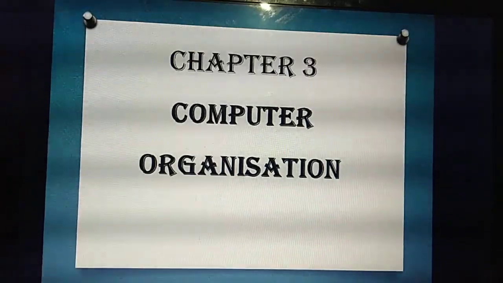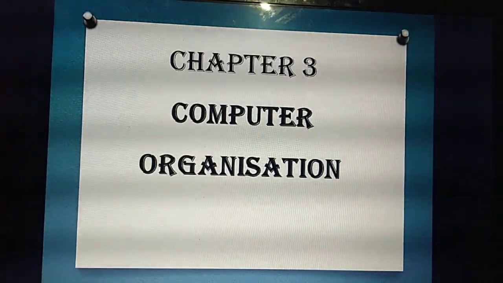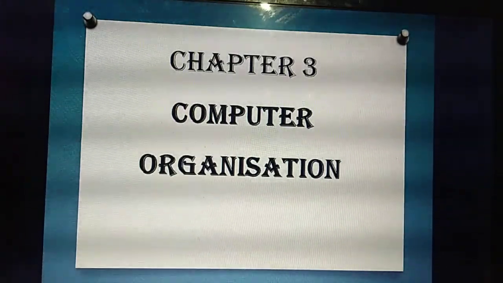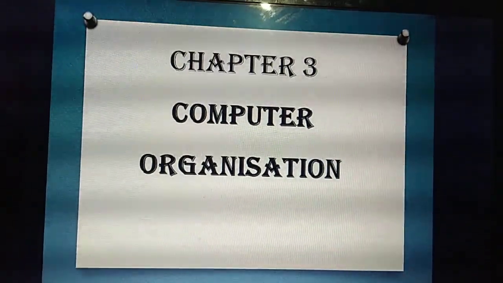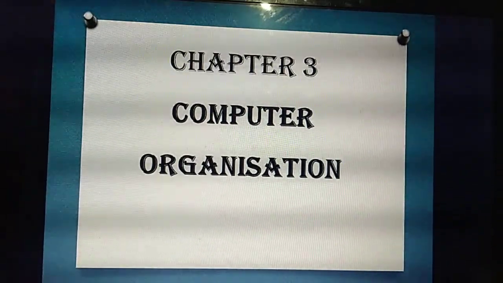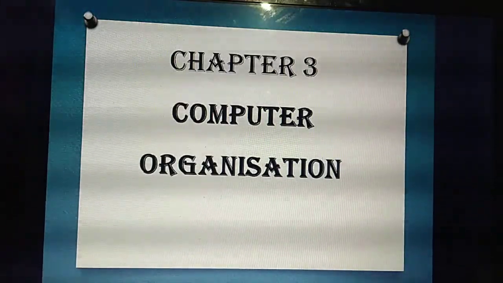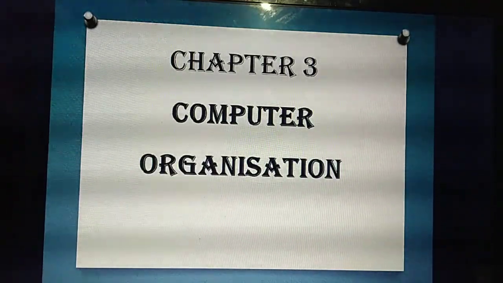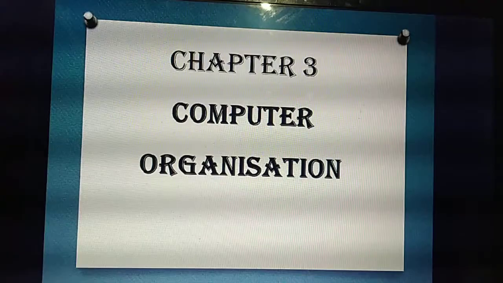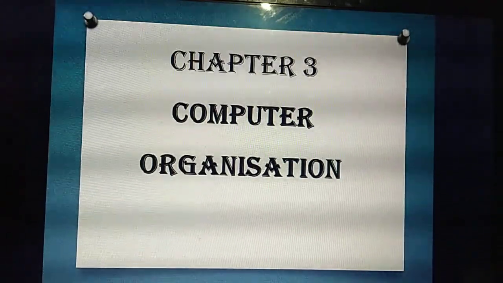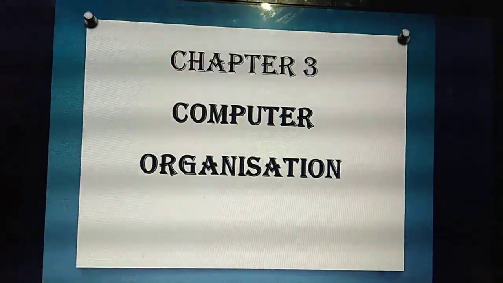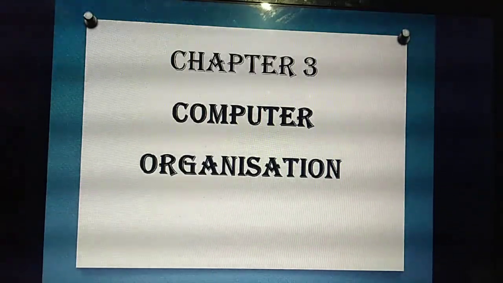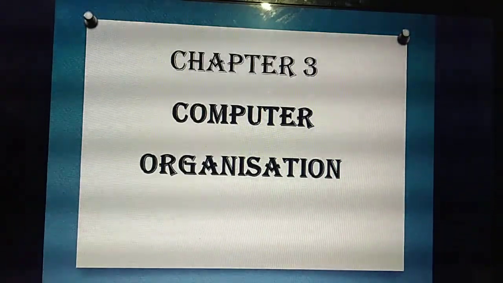Before I start today's portion, I am giving one assignment or homework for you from chapter 1. Okay. So, listen carefully. What does the assignment mean? In the first chapter: types of generations of a computer, functional components of a computer, and types of printers, that means impact and non-impact printers. These three questions you should write in a separate paper and keep with you. This is the assignment for the first chapter.